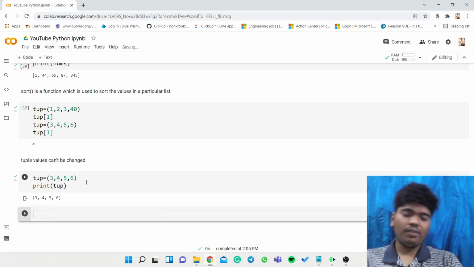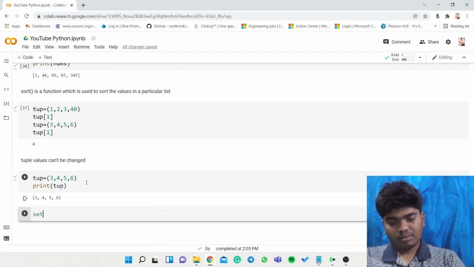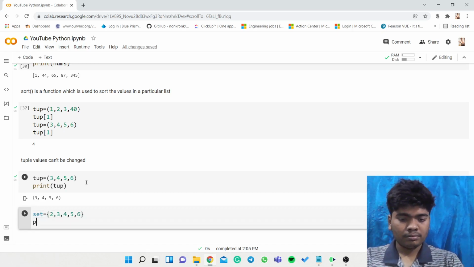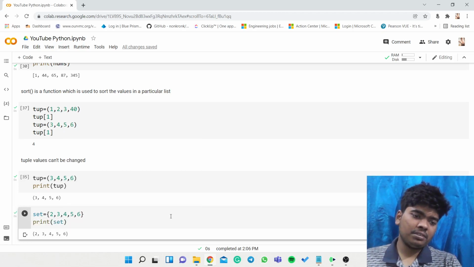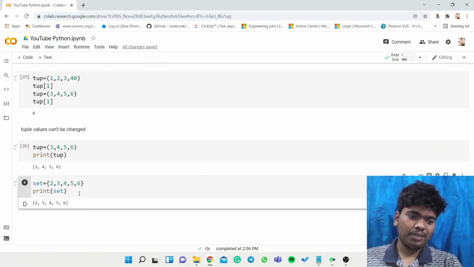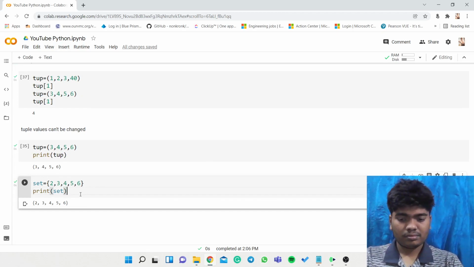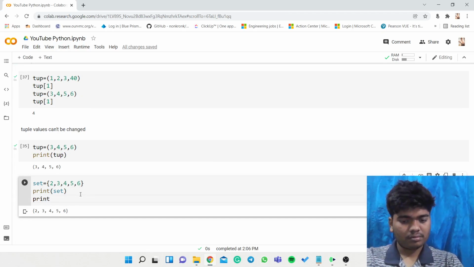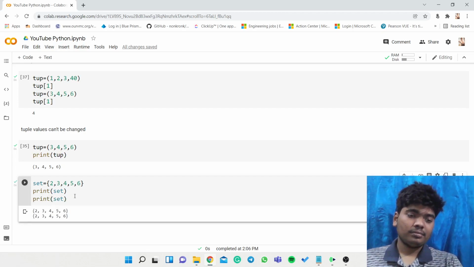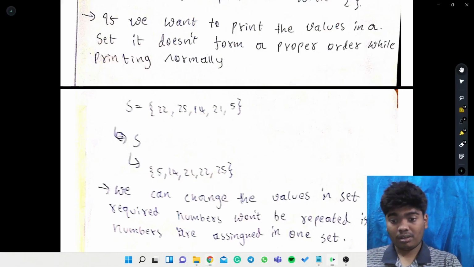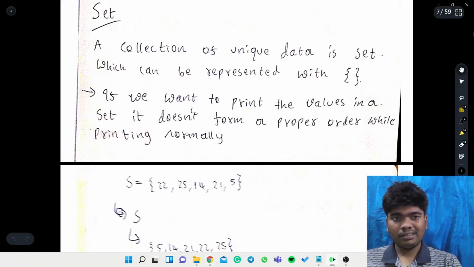So to use set, okay, let me first execute 2, 3, 4, 5, 6. I think every individual time it will show something. Okay, so in Google Colab it is not showing properly. So a collection of unique data is a set, which can be represented with curly braces.